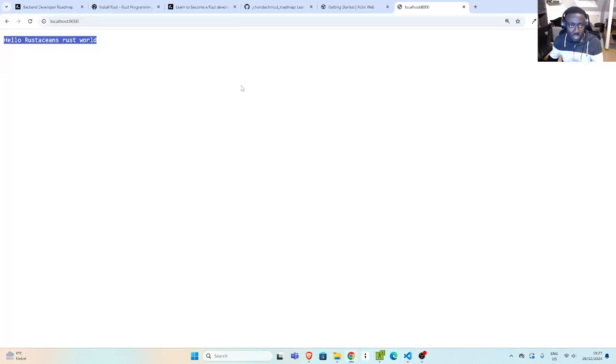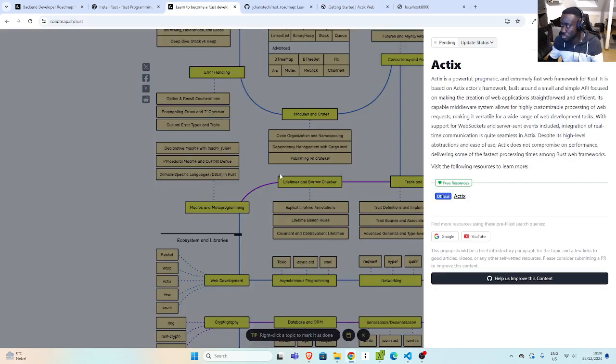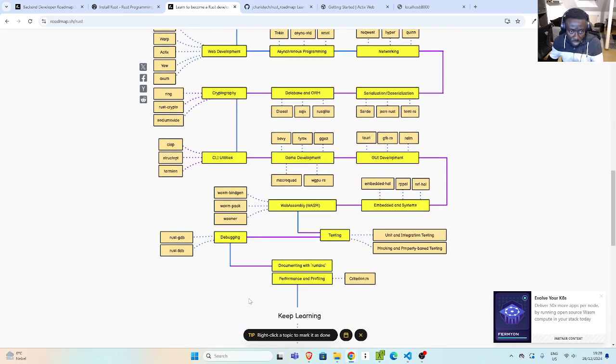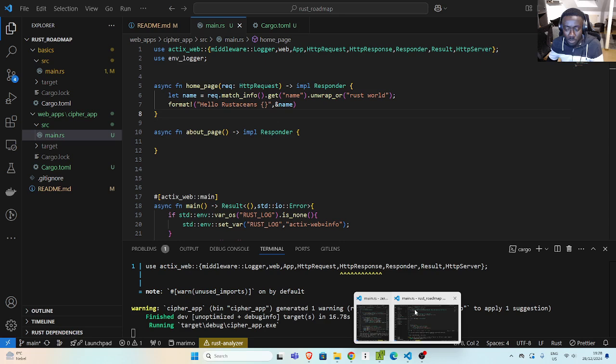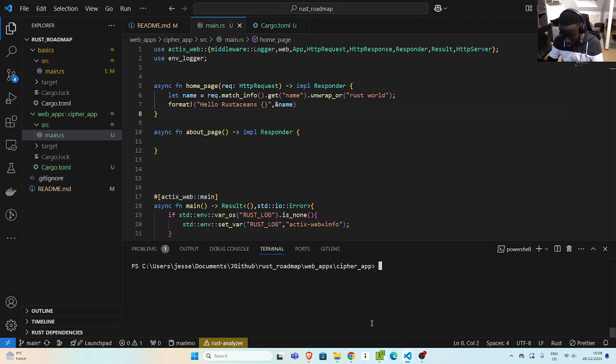let's see if there's something on Tera inside here. There is nothing like Tera here, right? So there's Serde, which we saw, but there is nothing like Tera for templating. So how do we do that? So first, I'll just go back here to my app and I'll close it. And then I'll just go with my cargo add Tera,